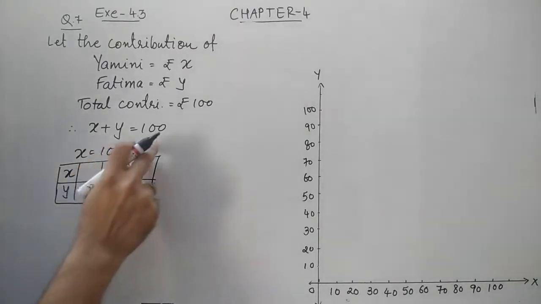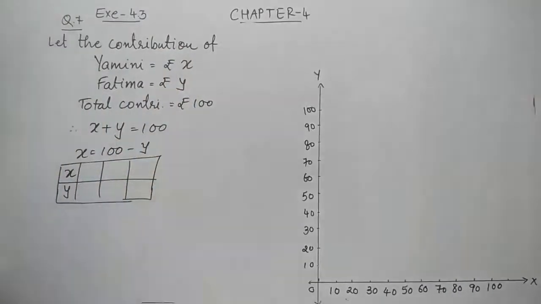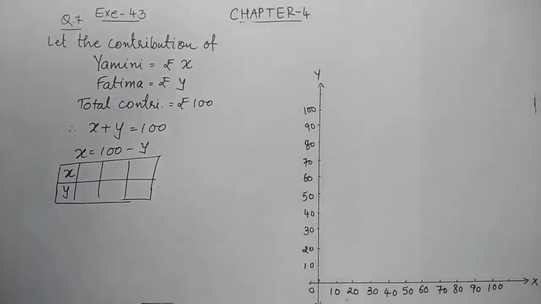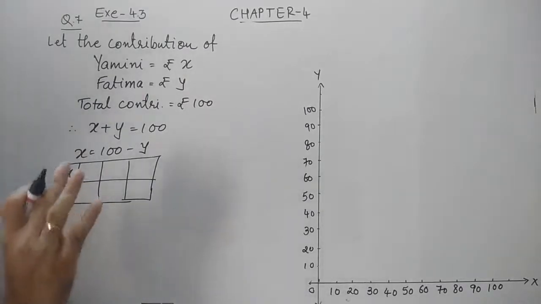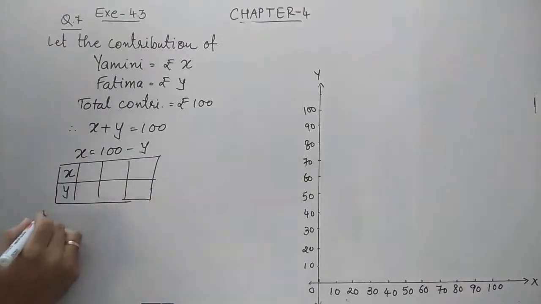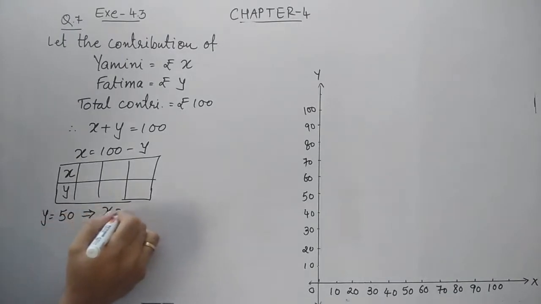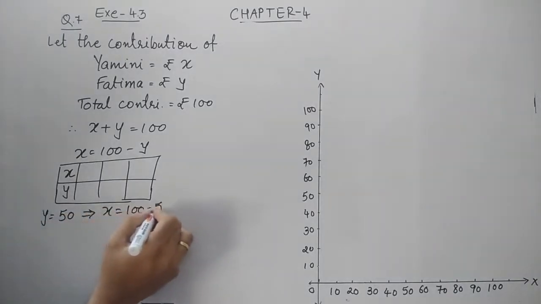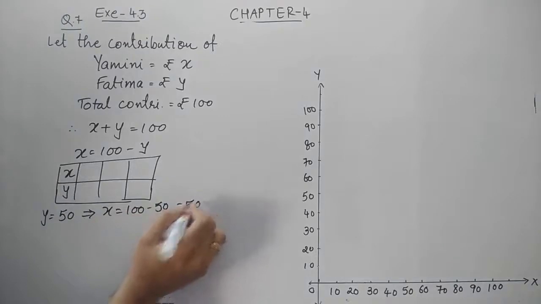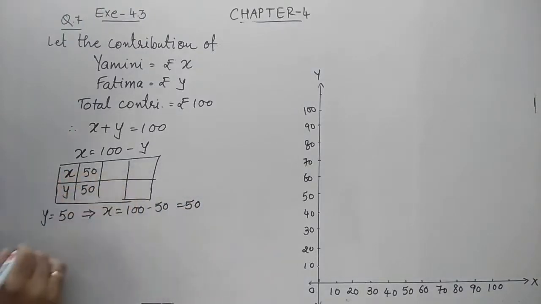अब देखो यहाँ पे if I go for 0, मतलब फातिमा 0 कंट्रीब्यूशन कर रही है और यामिनी 100, वो थोड़ा अजीब गरीब लगेगा. It won't be 100% correct, हो भी सकता है, but we should take such values that is fine, कि it can be possible. तो हम suppose करेंगे, let y equal 50, so x is 100 minus 50, so it is 50. मतलब both have contributed an equal amount, that is 50 rupees.